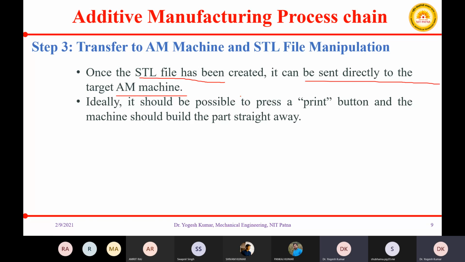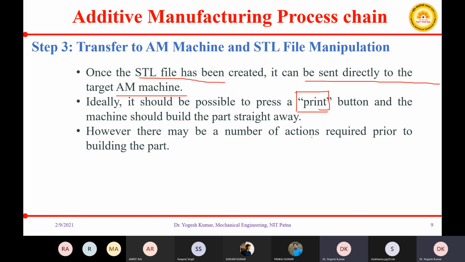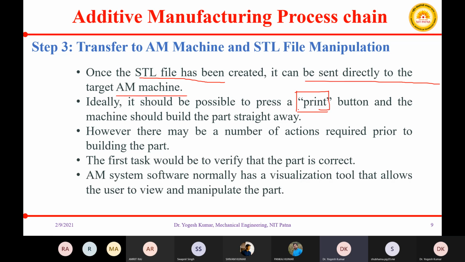Ideally, in all machines, there is a button which is called the print button, and when you click on this print button, printing of your build part starts automatically.